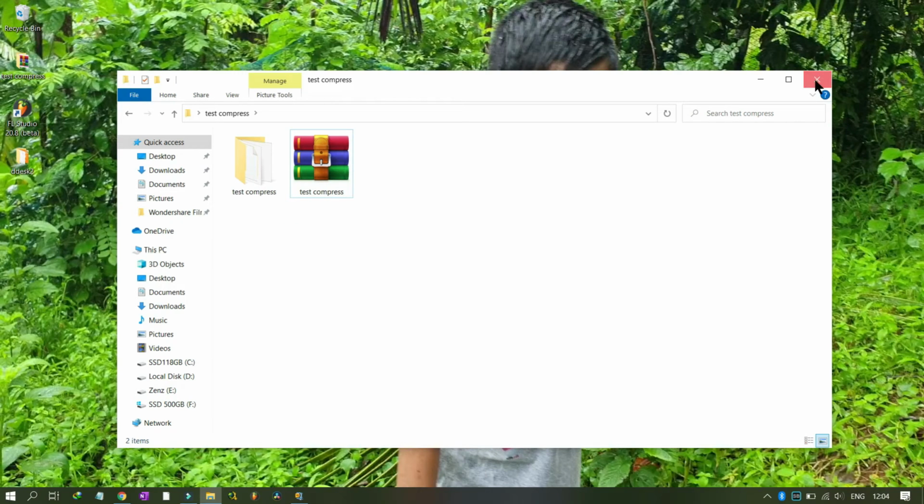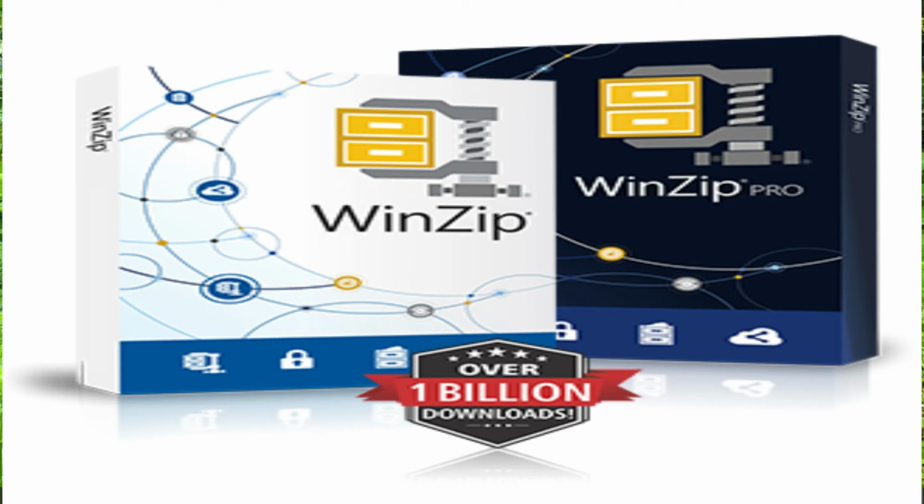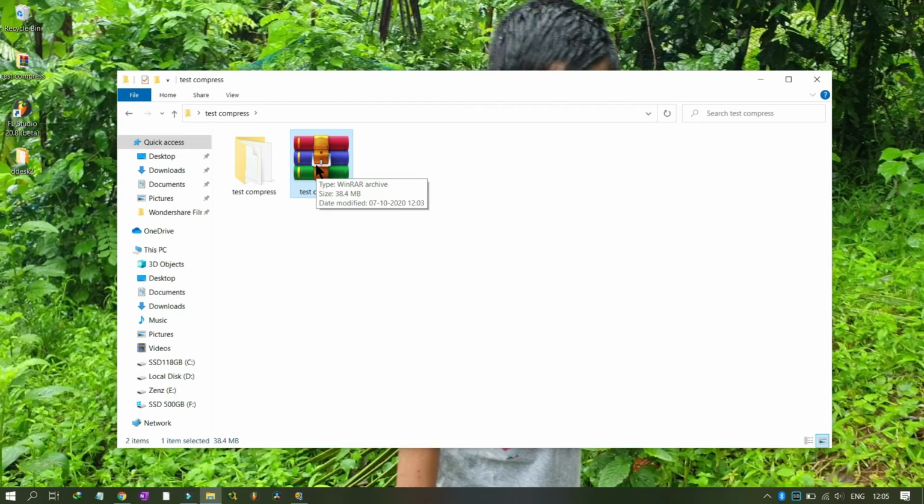Now we will see how to use WinZip. Basically WinZip also you will use the same way. You right click on any file and click compress or compress into zip format, and let us say this is a zip file, and then you can use WinZip software. I haven't installed WinZip on my computer, so you can see only the RAR icons out here. And to my knowledge, you can do everything with WinRAR software. You don't need WinZip. WinZip you have to purchase after some time, and WinRAR is more powerful.